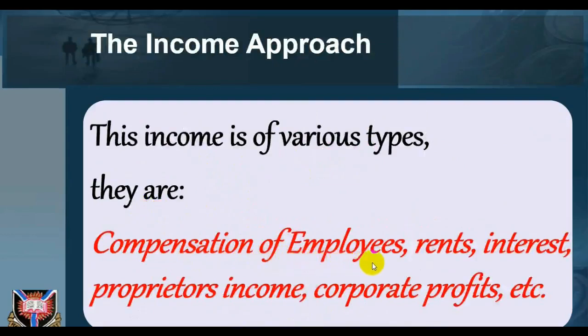Compensation of employees. This is the largest of the income categories. It includes the wages and salaries that are paid by firms and government agencies to suppliers of labor. In addition, it comprises a variety of supplementary payments by employers for the benefit of their employees, such as payment into public and private pension schemes and welfare